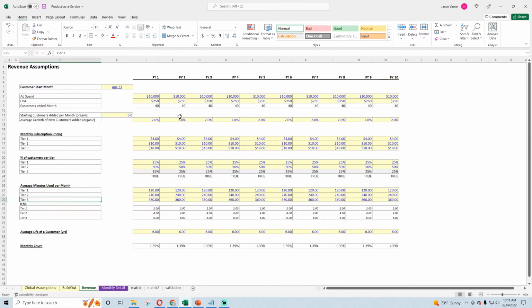Okay, so this is great. This is the customers added per month through paid ads, amount added through organic, and we can now reference this for total new customers added per month. And these customers will be subscribing to gain access to the product set that we have. And we're going to do capacity.